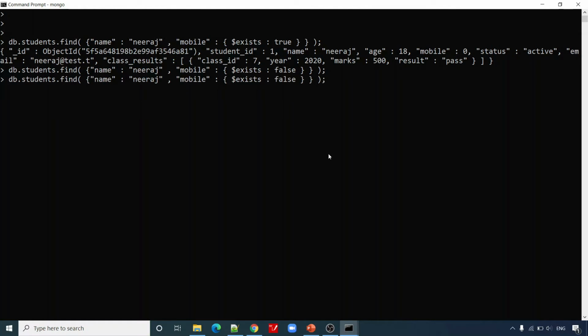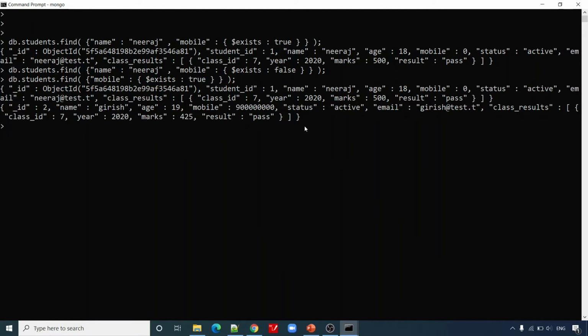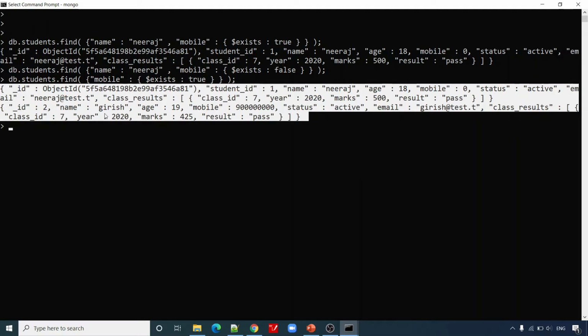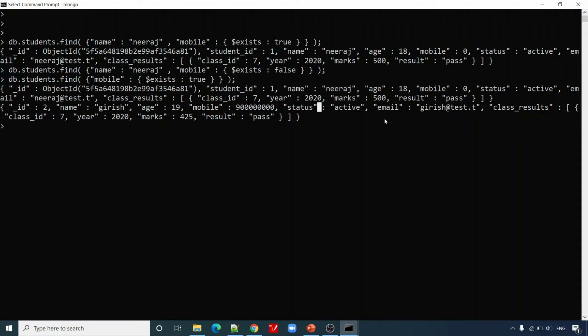And let me try to just remove this name Neeraj and just try to specify a condition. So you can see that I have found two records here, because both these students are having mobile present in their records.